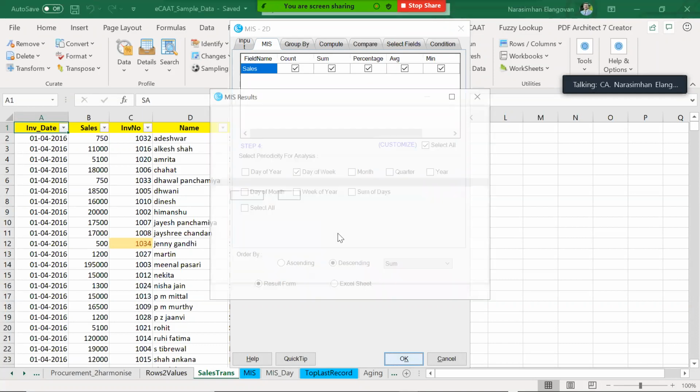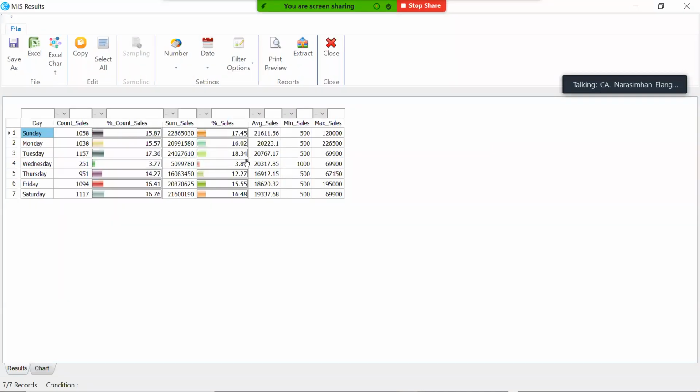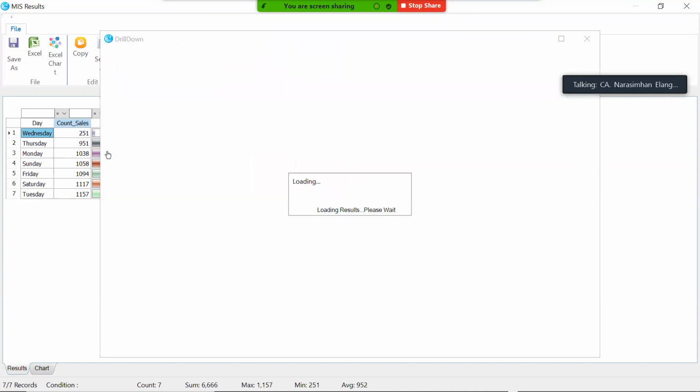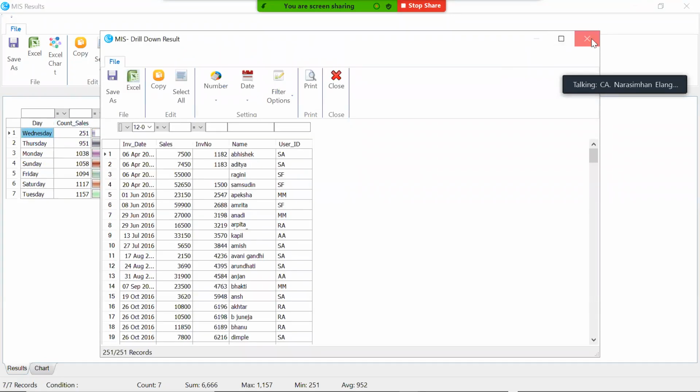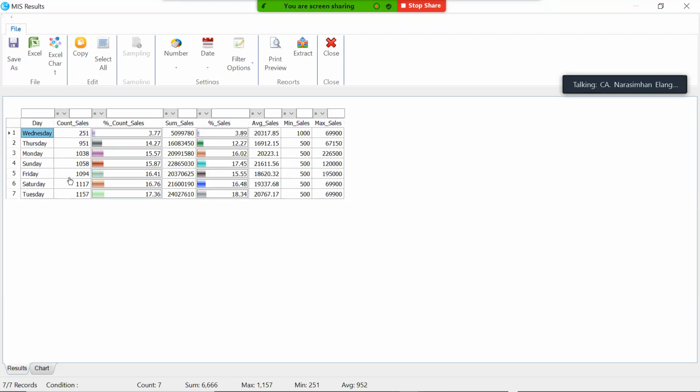Those of you who have completed, please drop a message in the chat window. Look at this. Simple. We are able to get a bird's eye view on this. Correct? Minimum sale, maximum sale, what day. And I know my least sales is always on what day? Wednesday. That is why if you go to some of these supermarkets, they have Wednesday bazaar offers. And this is not only here, the general tendency is Wednesday always in retail is the least sale. That is why Wednesday always has some offer or the other.